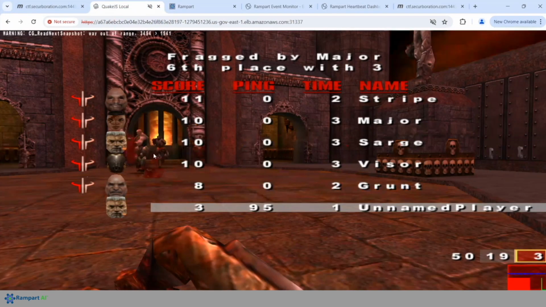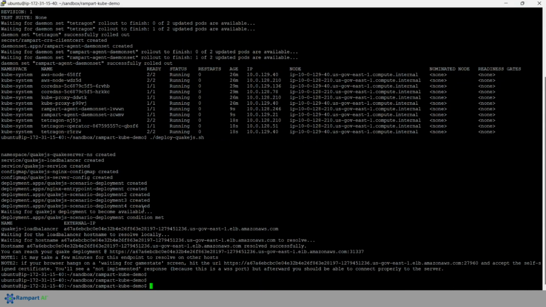As I kick off the next step of the demo. Okay, so the next thing I'm going to do is something that kind of indicates what a rogue admin would do, or someone who's able to break into an endpoint and run remote command and control on the endpoint. What I'm going to do is use a kube control exec to go into